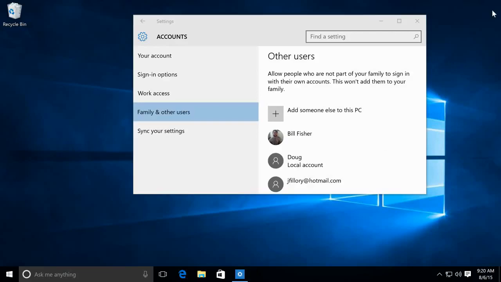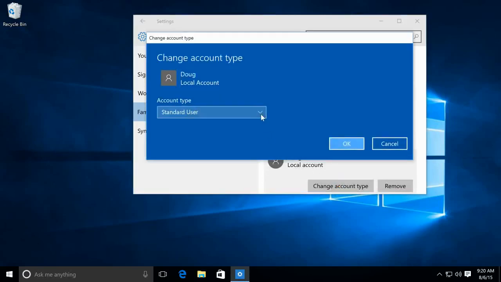There's one other important setting that you should know about here. By default, your computer has one administrator account. It's the one that you first created when you set up Windows 10, and it's probably your account by default. But if you want other people to have administrator level control over the computer, which allows them to install new programs or make changes to the overall system settings, you can make them an administrator as well. To do this, simply select the user, click Change Account Type, then choose Administrator from the drop-down menu that appears